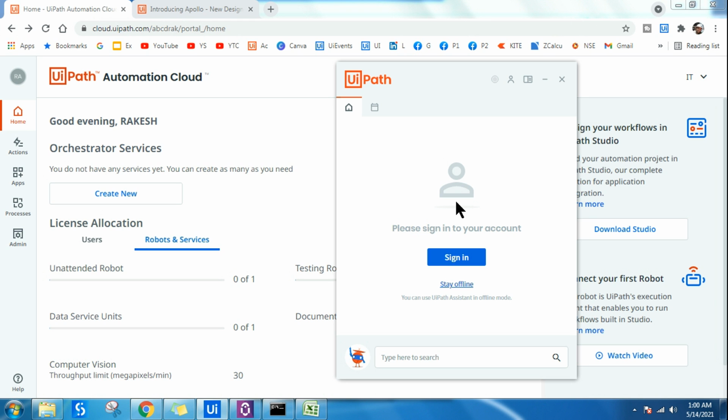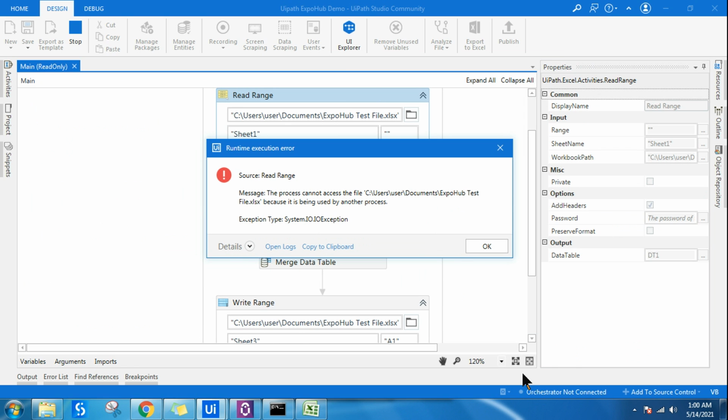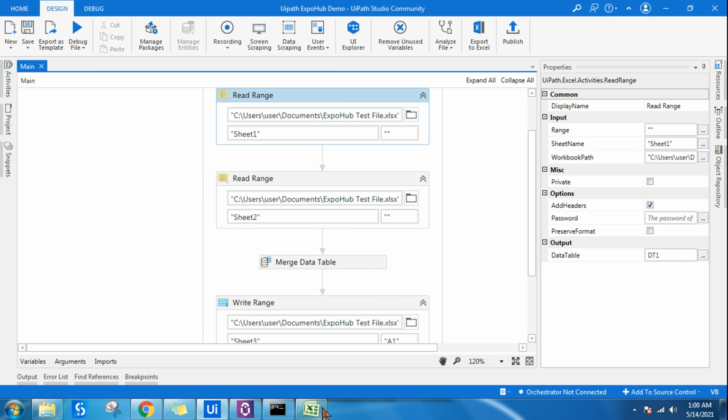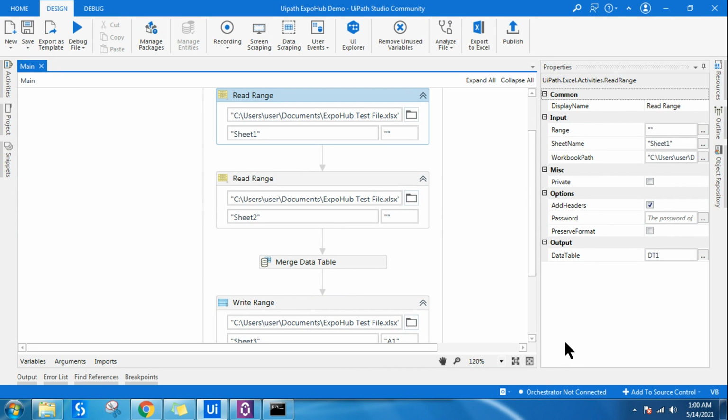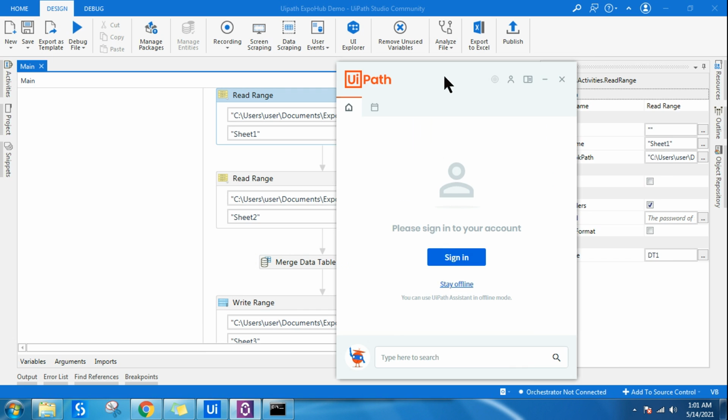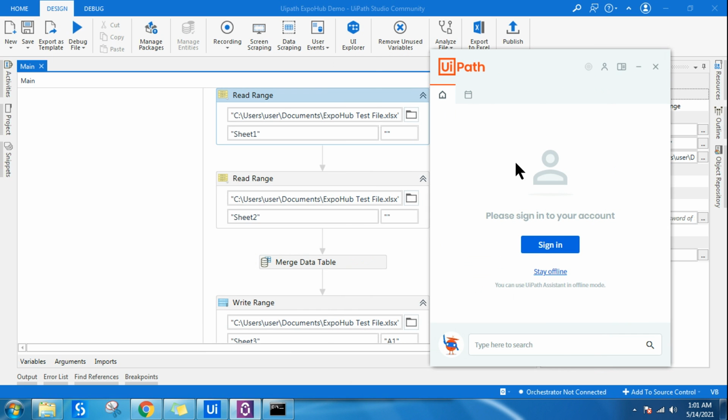So why is it important for us to learn? Because if you have already configured in the older way and you delete your services, see, orchestrator not connected. There was some system error also, but again, if I close it and run it, it should throw an error because your orchestrator is not connected, right? Your UiPath Assistant, your UiPath Studio is not connected. So if this is the case for you, how will you ensure that your UiPath Assistant is getting connected and licensed with the new Apollo design?